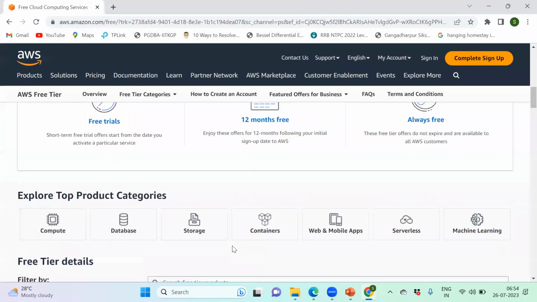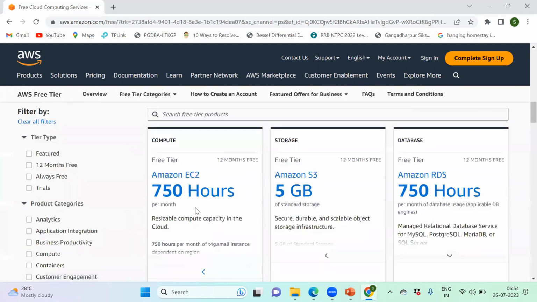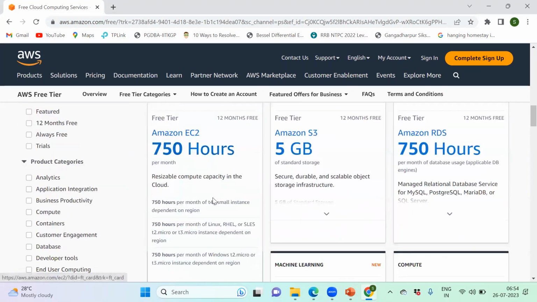So actually it's a 12 month free trial, 12 months free. In the 12 months free, you cannot access all the components for free. There is the option, a particular specification, T2 micro or T3 micro, depending on the region as well. In some regions it cannot be free, in some regions it should be free.